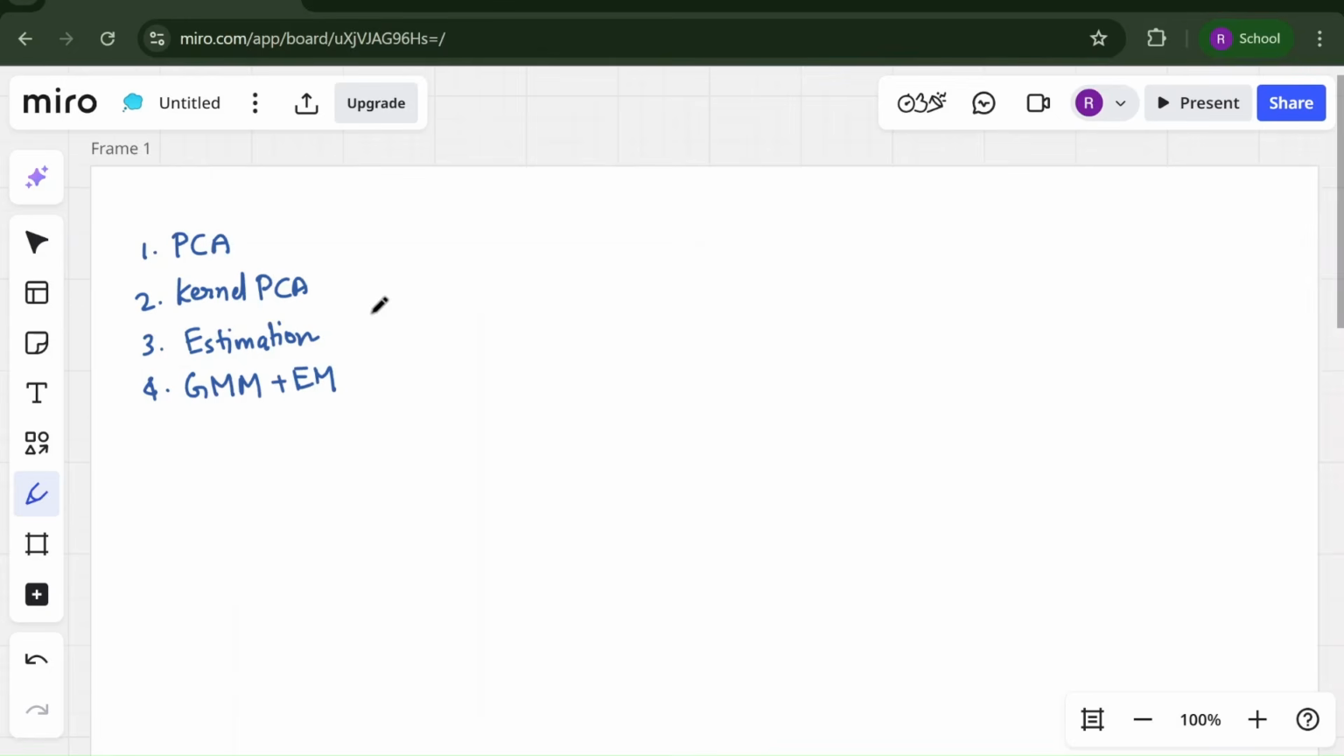We will start with PCA and then we will move on to kernel PCA and then we will discuss some estimation techniques. I think the popular ones are maximum likelihood estimation and Bayesian estimation. Then we will look at Gaussian mixture models and how to apply the EM algorithm to Gaussian mixture models. Okay. So starting with PCA,